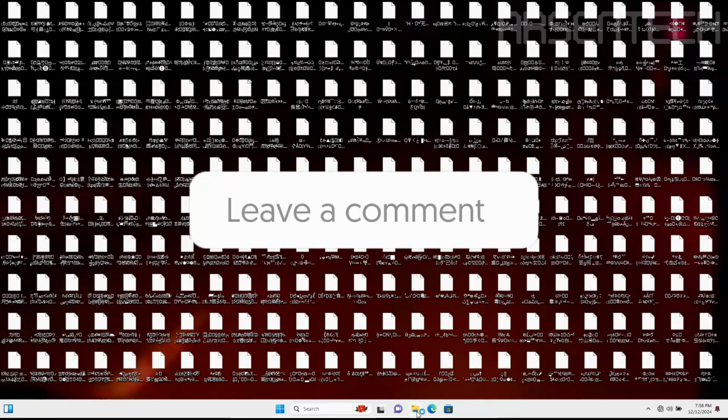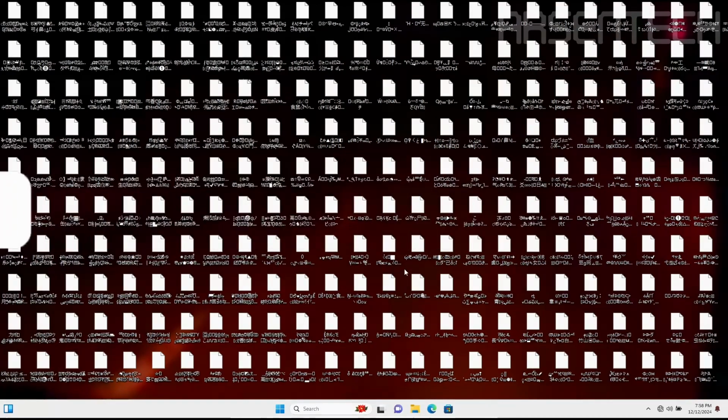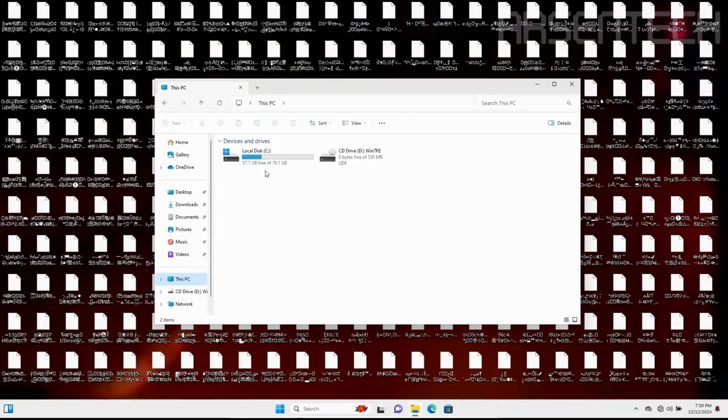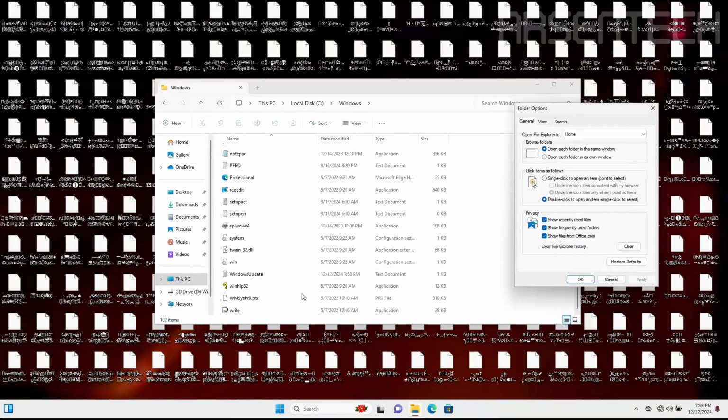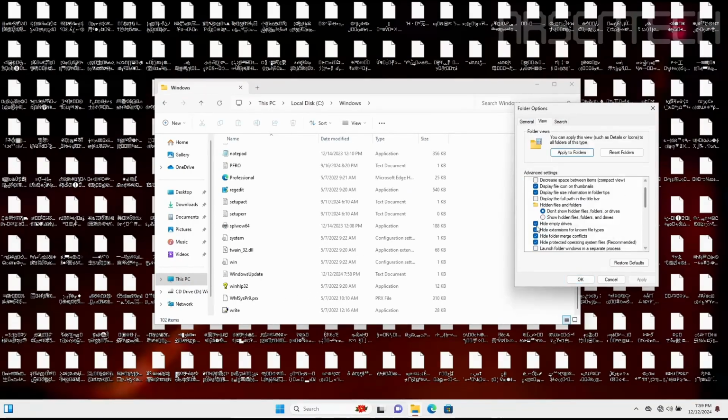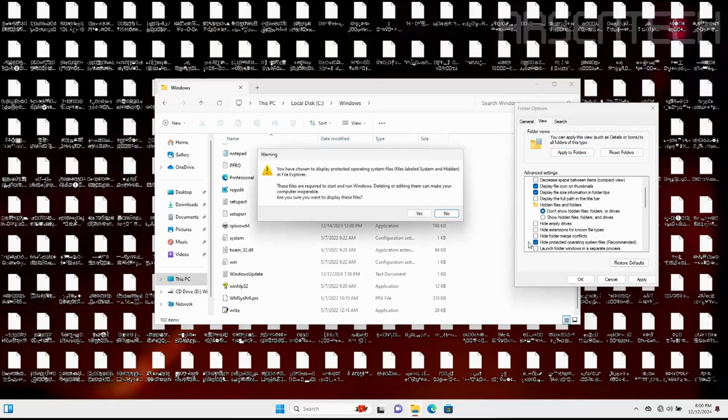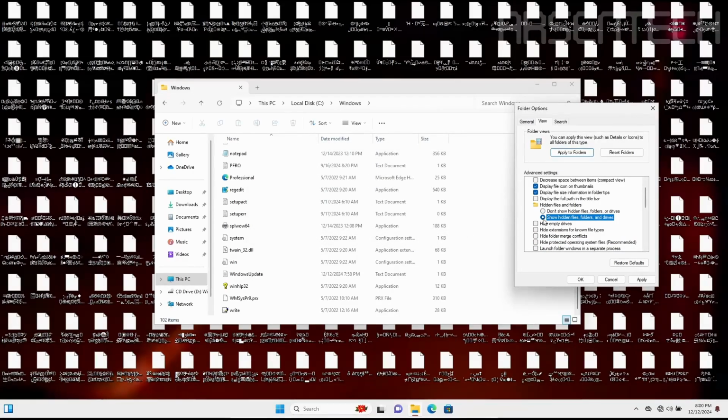After logging in, open File Explorer, go to This PC, C drive, Windows. By default, WinNT32 is hidden. We will uncheck this, and also show hidden files, folders and drives.